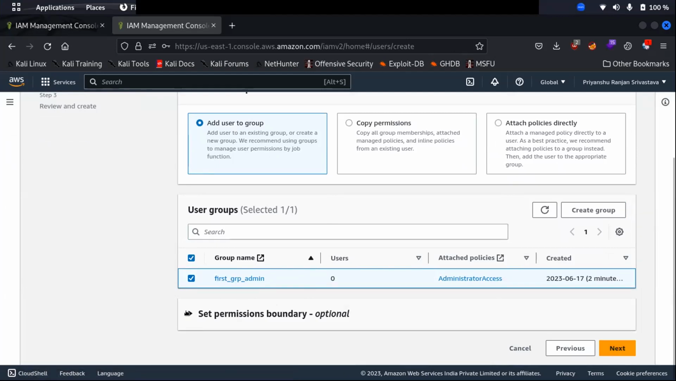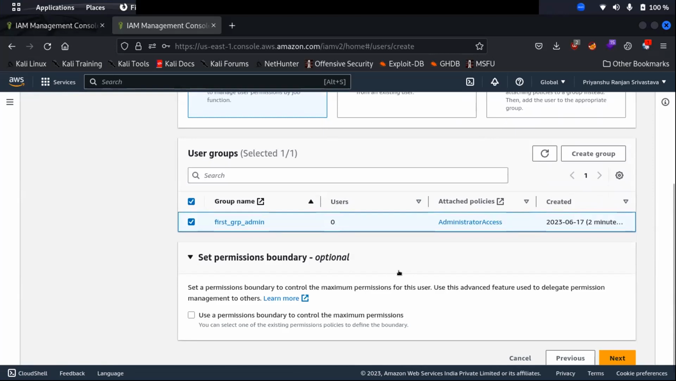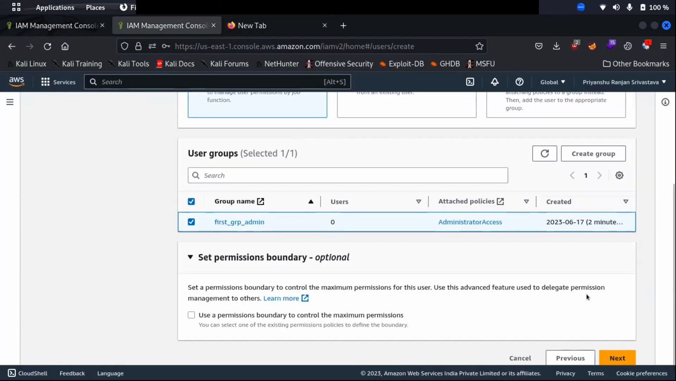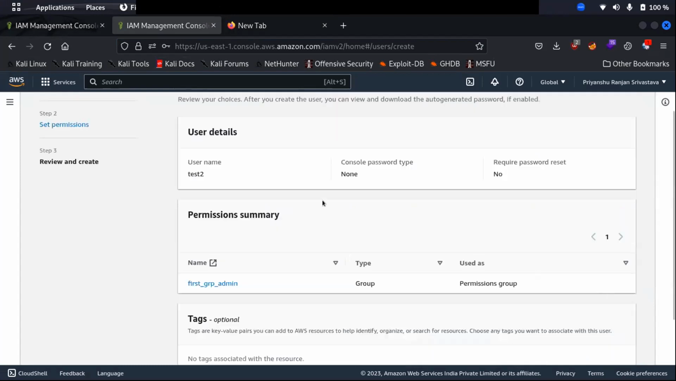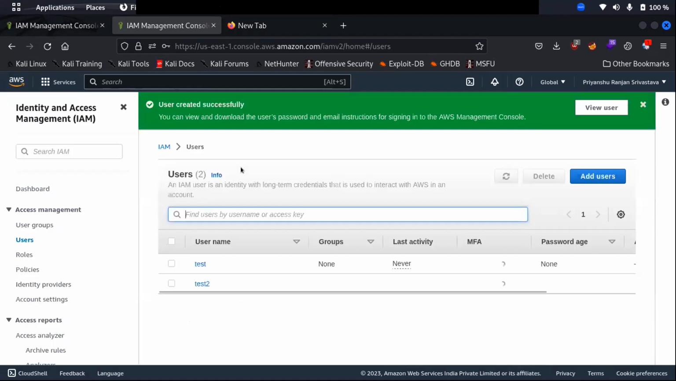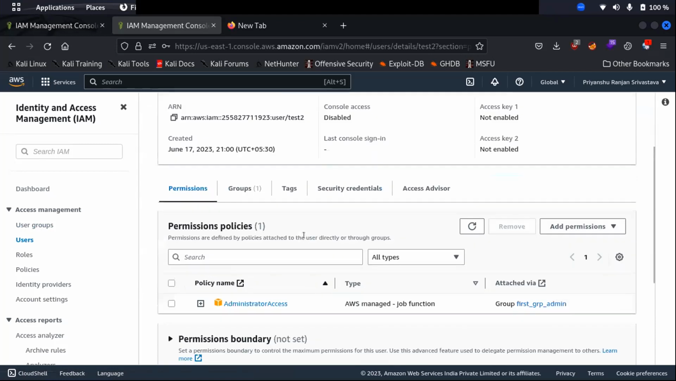You can also choose set permission boundary. Permission boundary is just like blacklisting some of the permissions, meaning you can specifically specify that this user should not be able to perform this operation. So that is kind of blacklisting specific permissions. Now this user is part of our first group. And now if you check this,